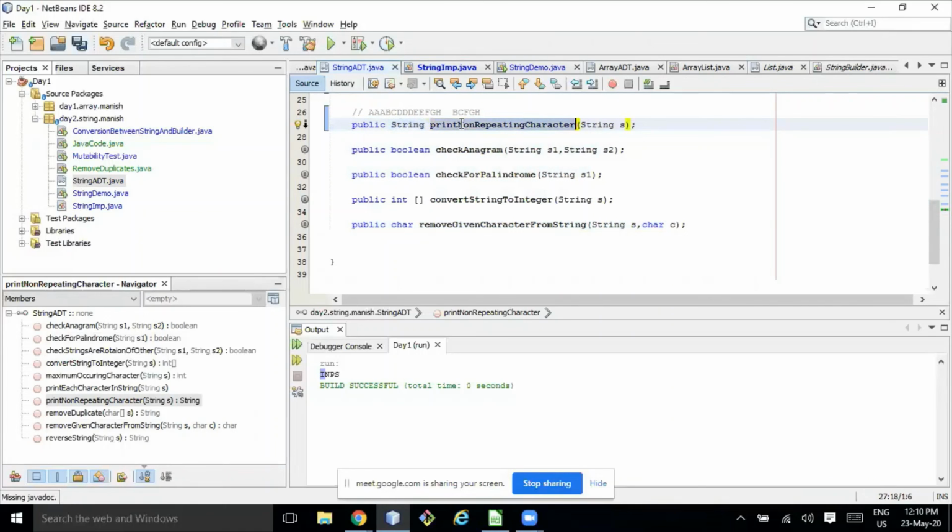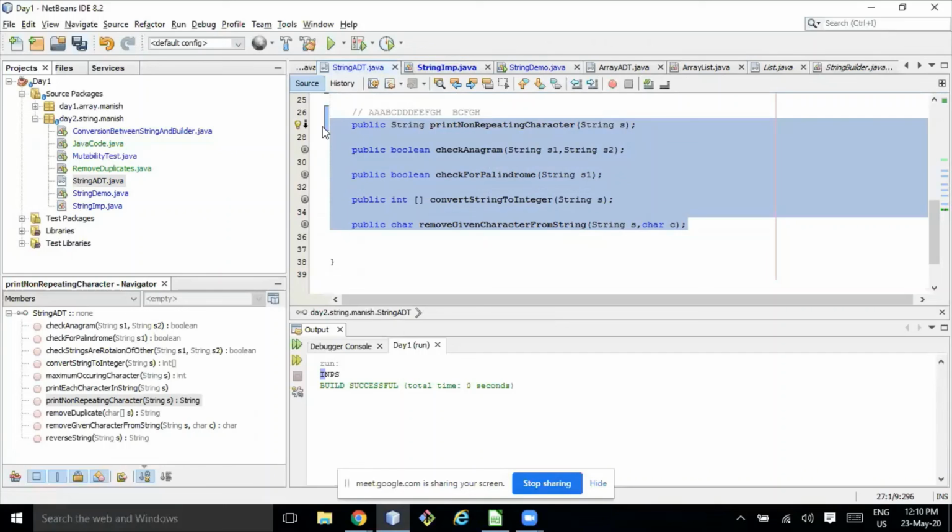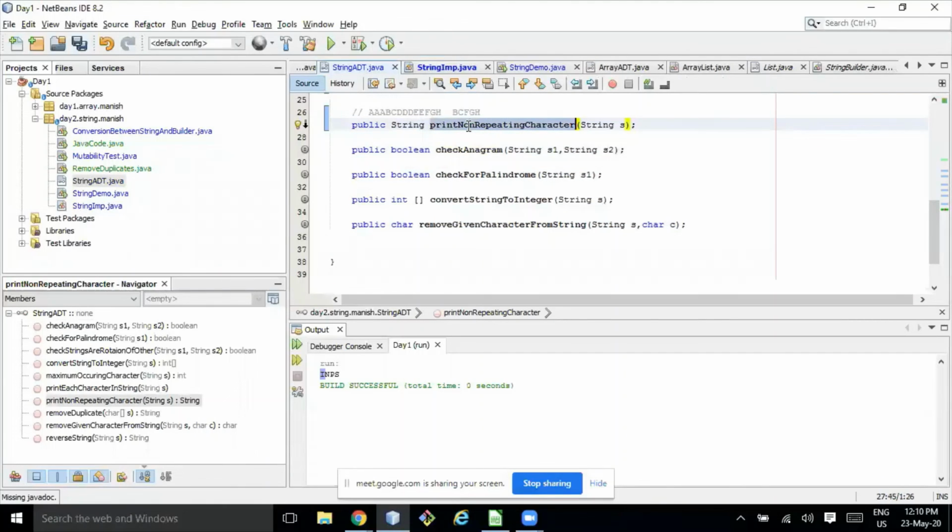I can go with linked list and other topics also, but the goal is to solve complex problems. It's not about solving these problems. This is not the goal. This is like giving a basic standard. So after this, I'll introduce the concept of hash map and how to use hash map for solving problems. Then obviously we'll jump into LeetCode problems. We'll start from easy problems, then medium, then hard.